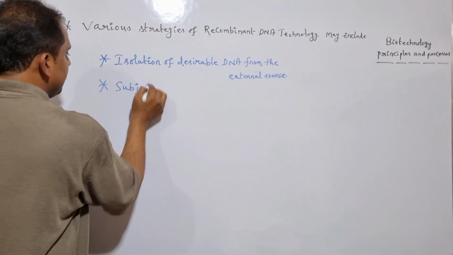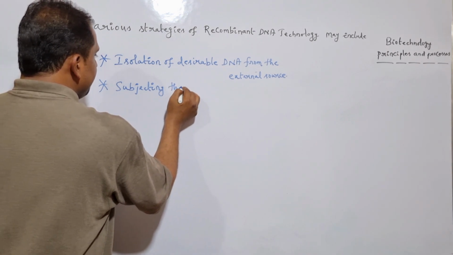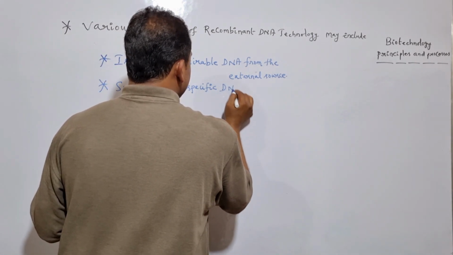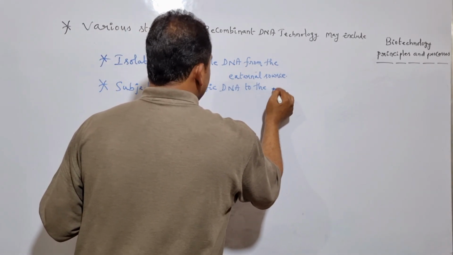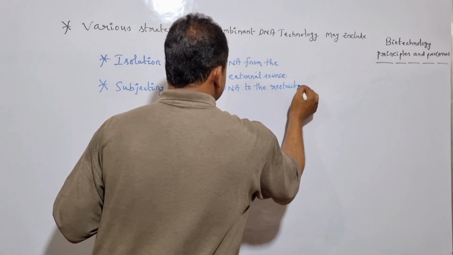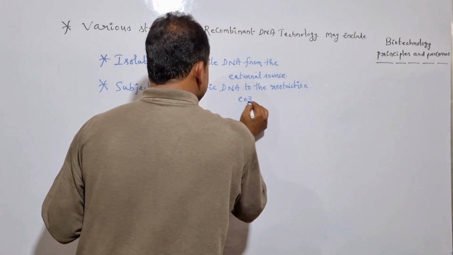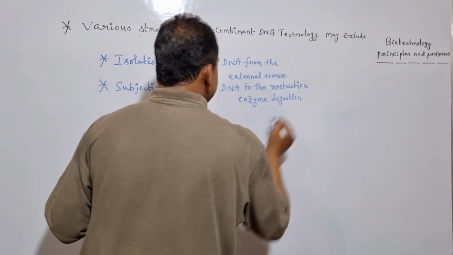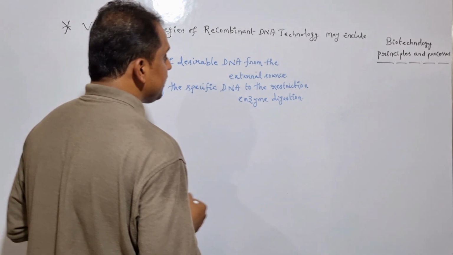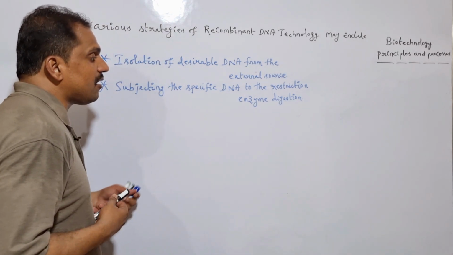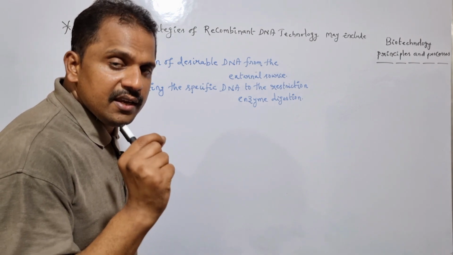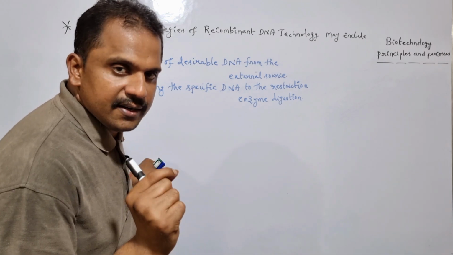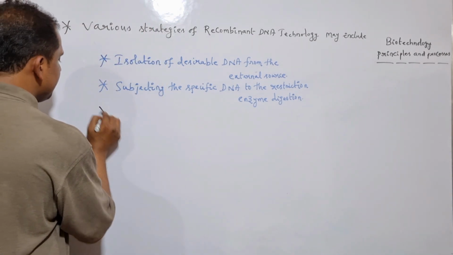Subjecting the specific DNA to the restriction enzyme digestion. Once the specific DNA is successfully subjected to the restriction enzyme digestion, we can obtain multiple DNA fragments. Now the specific desirable DNA fragment has to be successfully transferred into the vector DNA. Is it clear? Transfer of